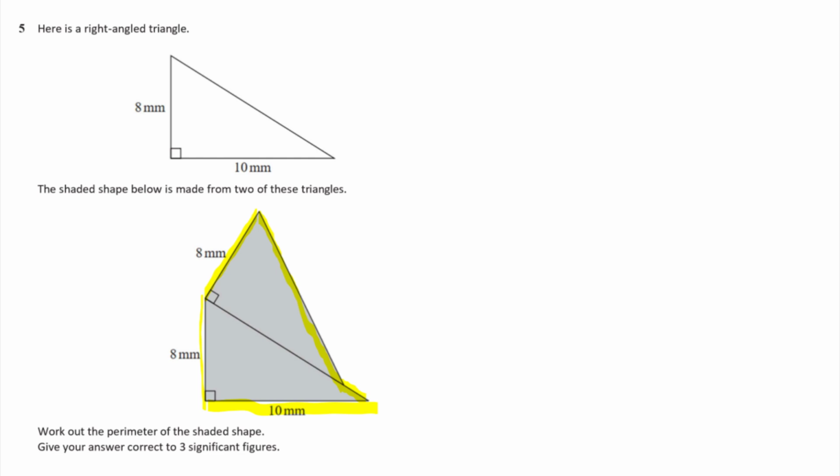Now that long side there, that hypotenuse, I can find, can't I, using Pythagoras theorem. C squared equals a squared plus b squared, where C is the longest side of your right angled triangle and A and B are the other two sides. Okay, so I've got A squared, which is 8 squared, plus B squared, 10 squared. What's that then? 8 squared is 64, 10 squared is 100. So then C is going to be the root of